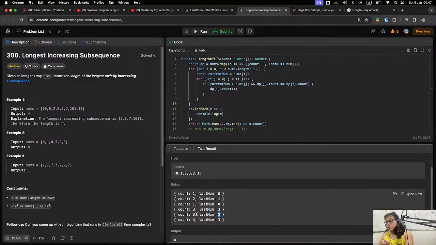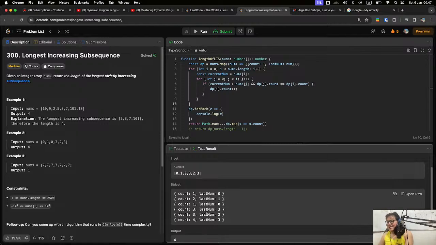And when we move to 3, now, okay. I'm almost stunned by my own deduction in my mind.